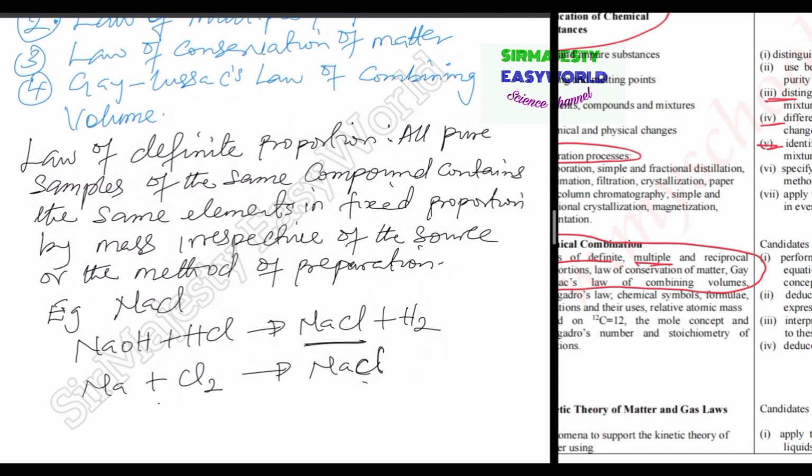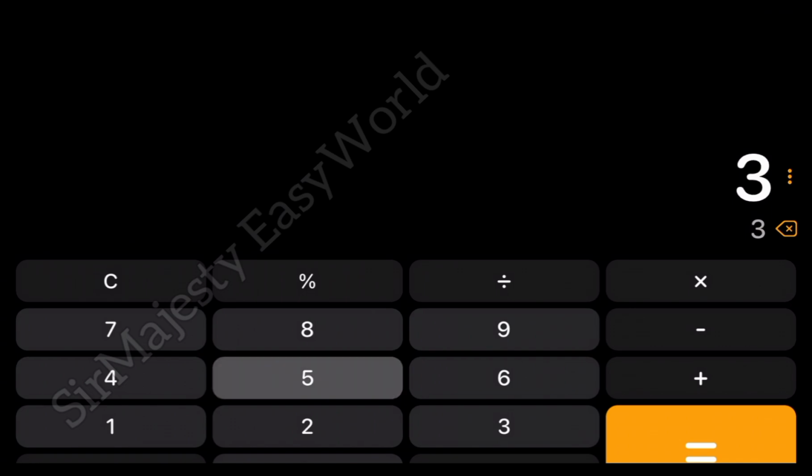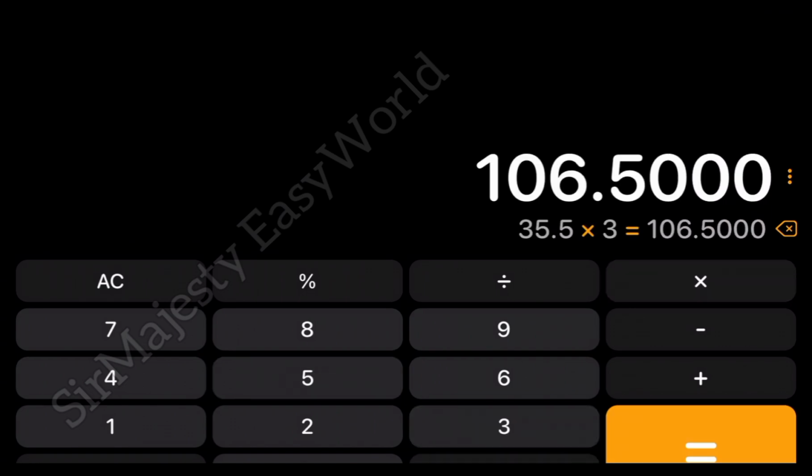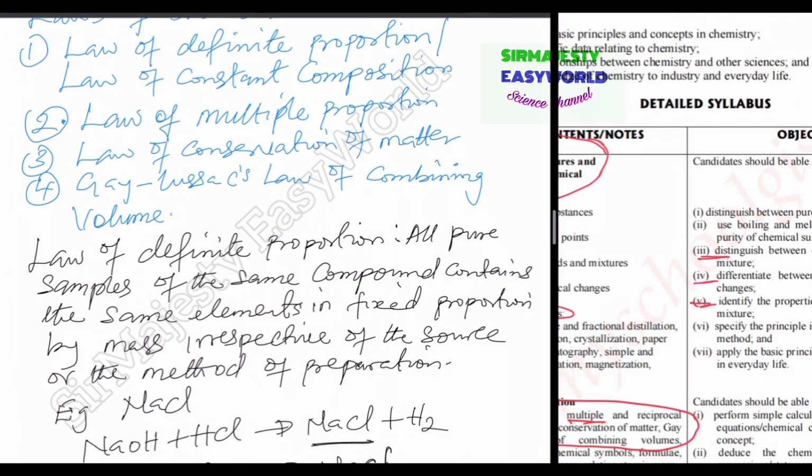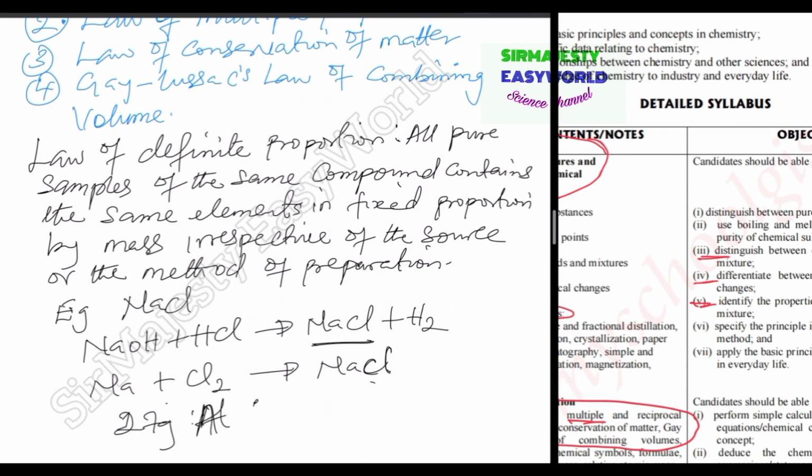So for you to understand this, let's take for example a compound that contains, a question might ask you, 27 grams of aluminium together with chlorine. Let's check from the calculator department. If we say chlorine 35.5 times 3, that is 106.5. If a sample contains 27 grams of aluminium and 106.5 grams of chlorine gas,